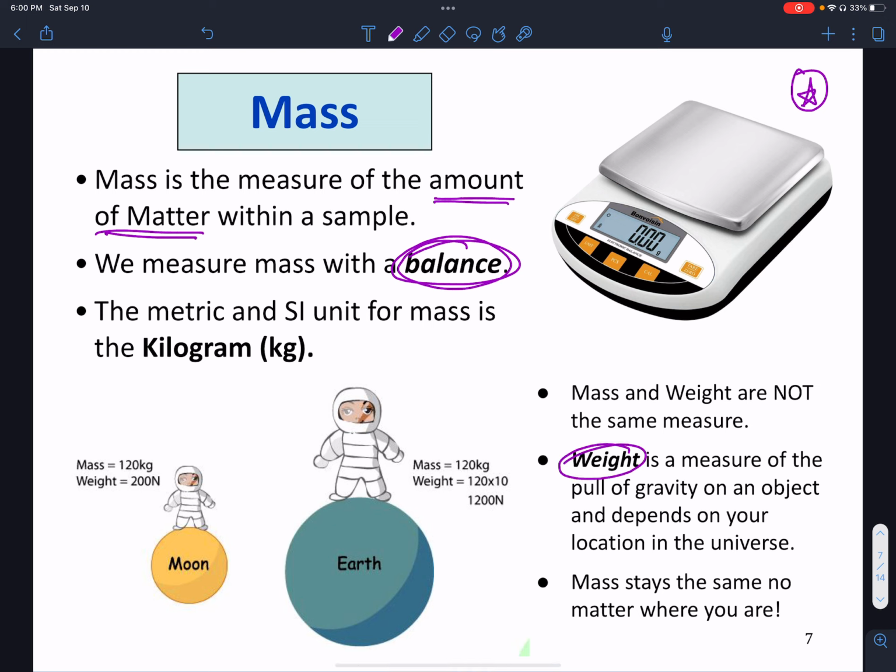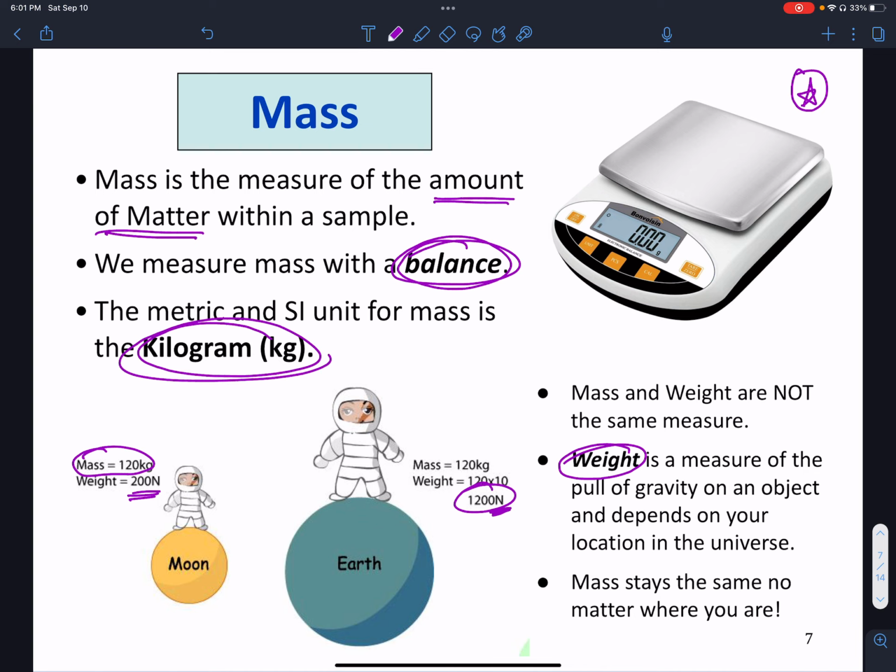Weight is a measure of how gravity is pulling on the matter within a sample, and it depends on where you are in the universe. On the planet Earth, you may have a particular mass of 120 kilograms and a weight of 1,200 newtons. And newtons is a new unit, but we're not going to talk about that one too much. The key here is if you then move yourself to the moon, your mass stays the same. It's still 120 kilograms because you have the same amount of matter. But your weight has dropped to 200 newtons. That's because gravity is less on the moon. In science, we stick to the amount of matter. So we're always going to be talking about mass, which means we use balances